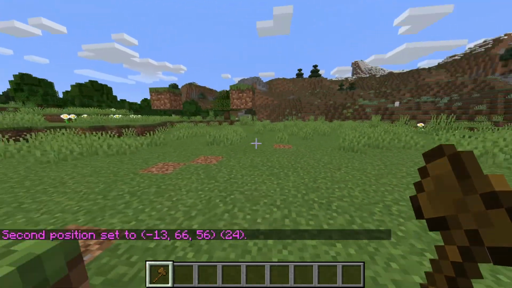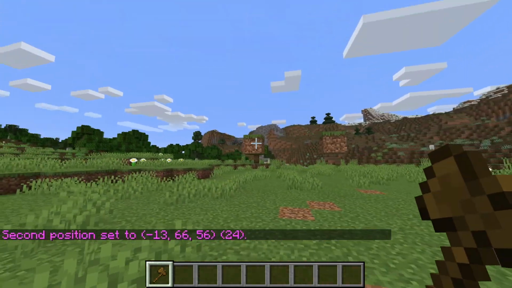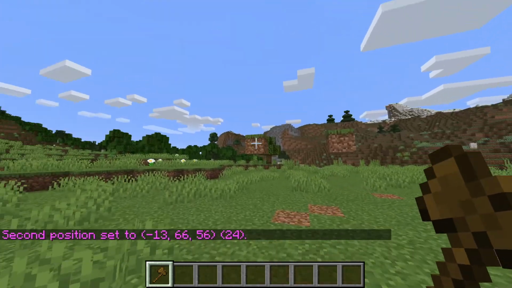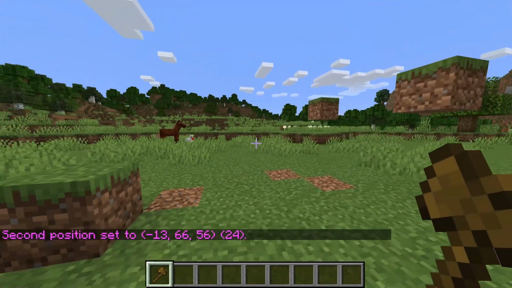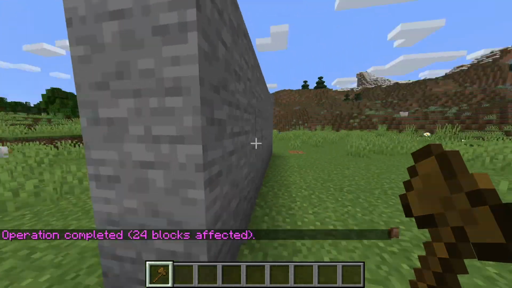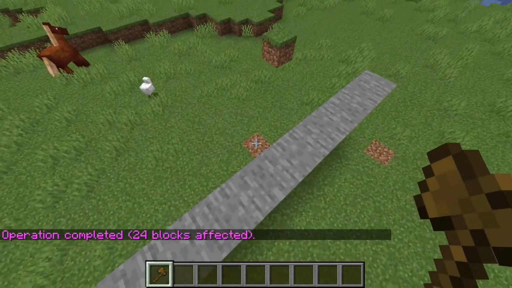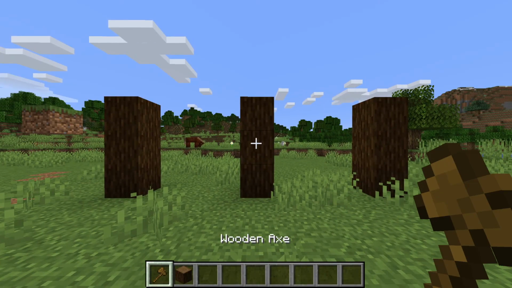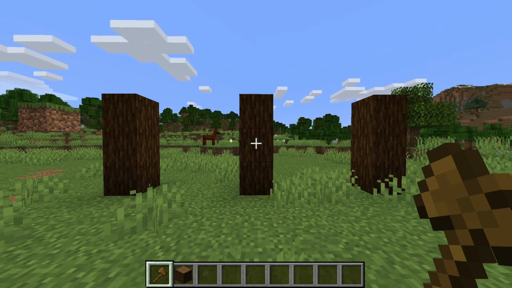So if we set them in a two-dimensional instead of a three-dimensional selection, we can do set, we'll just do stone again, and we make a nice little wall, which is very helpful. Alright, but a lot of the times you're building a wall, you want to maybe have supports or something,